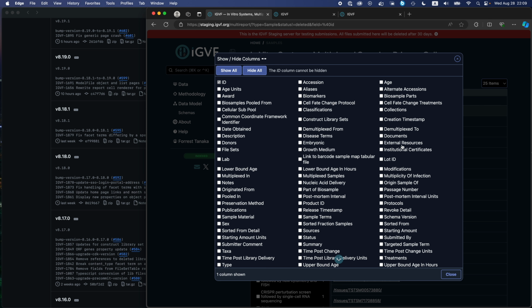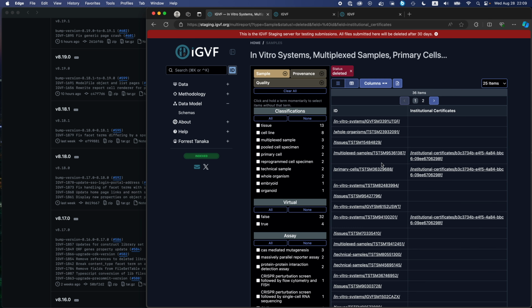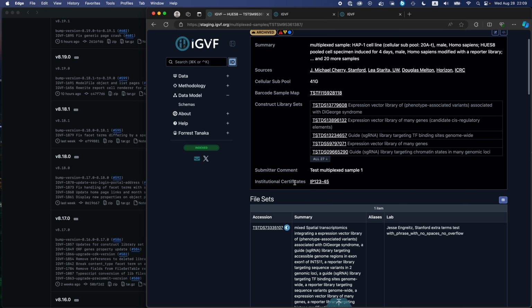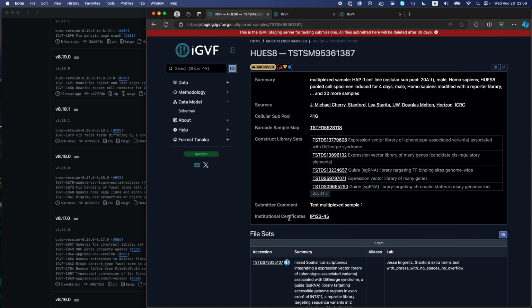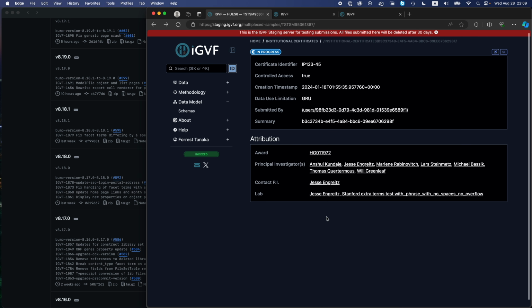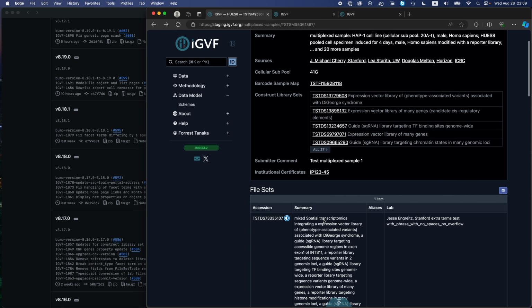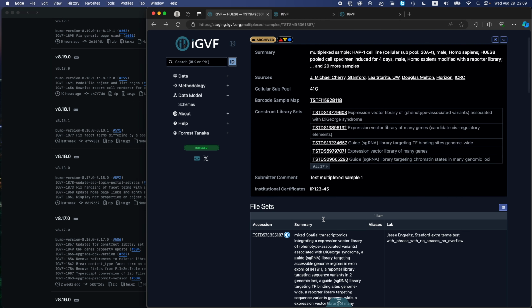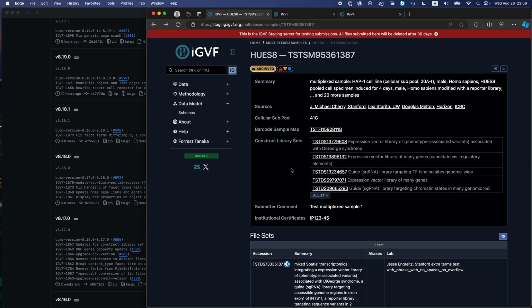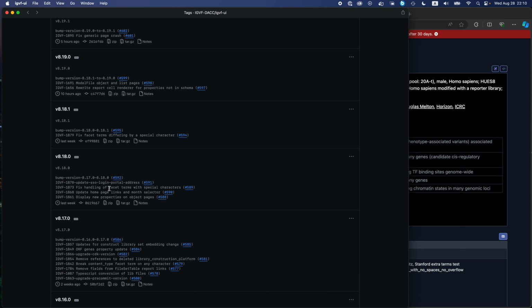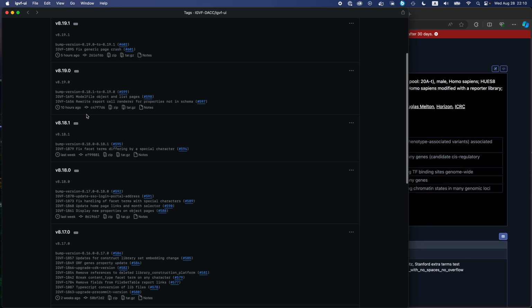Let's look for those institutional certificates. Yeah. So if a sample has an institutional certificate, we now show that and link to it right there. So yeah, and there's also some other items we weren't displaying that I won't get into. It was kind of a little bit of a scattered ticket just to fix up some stuff. Okay,